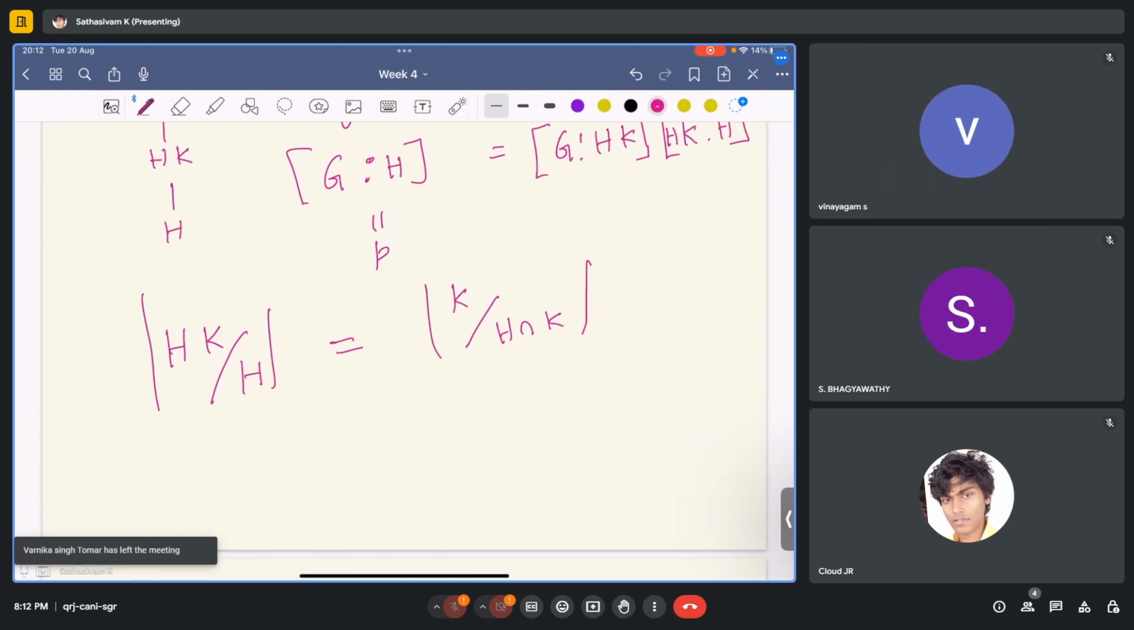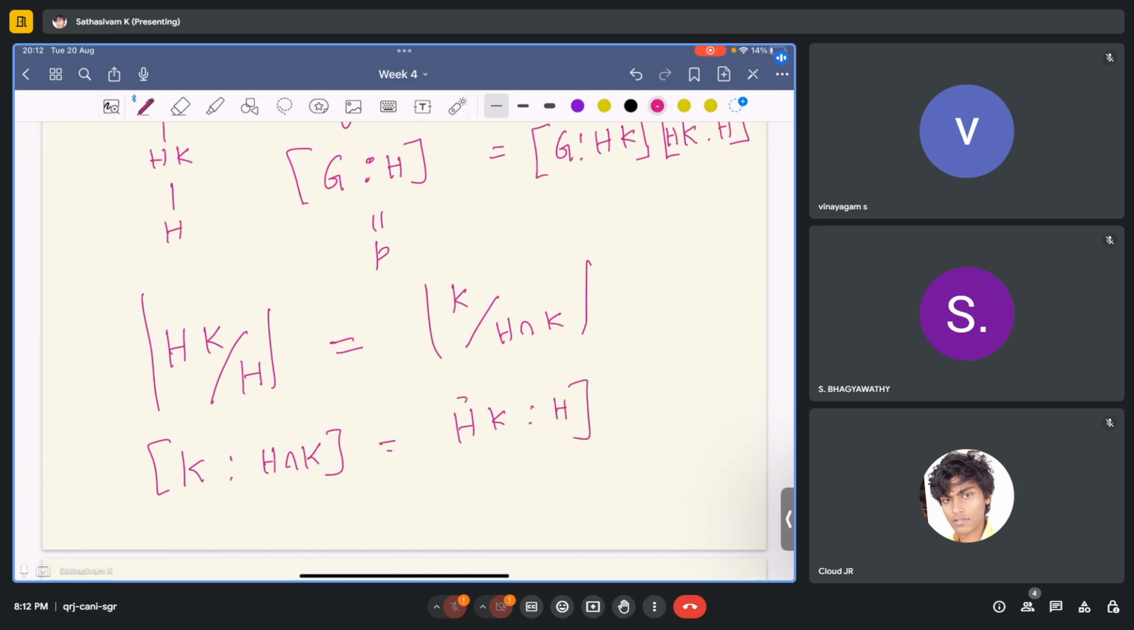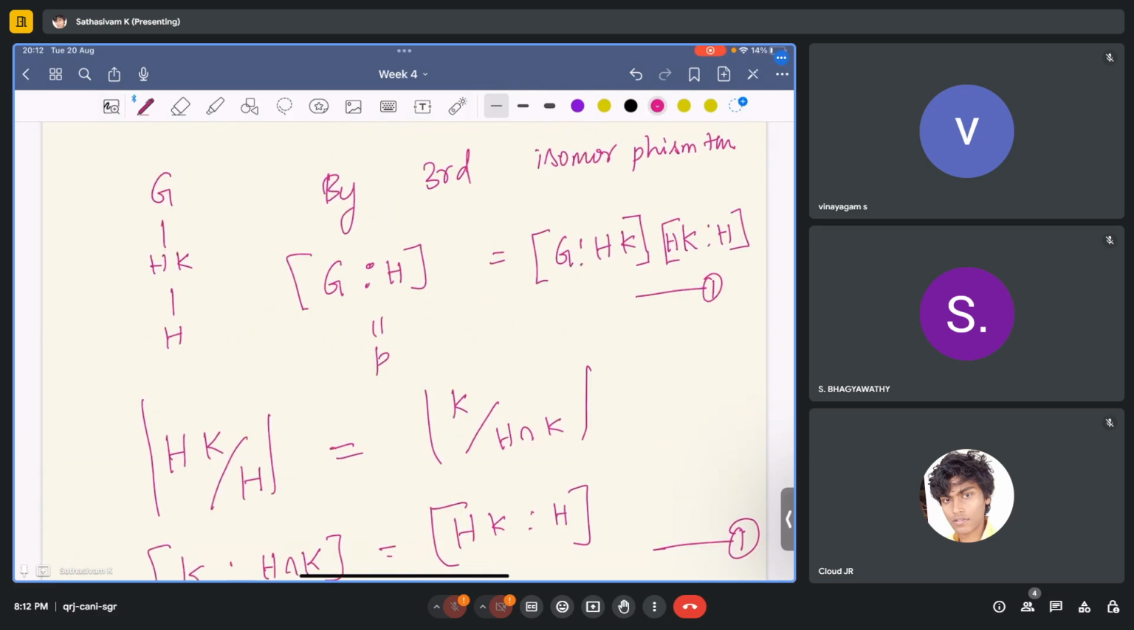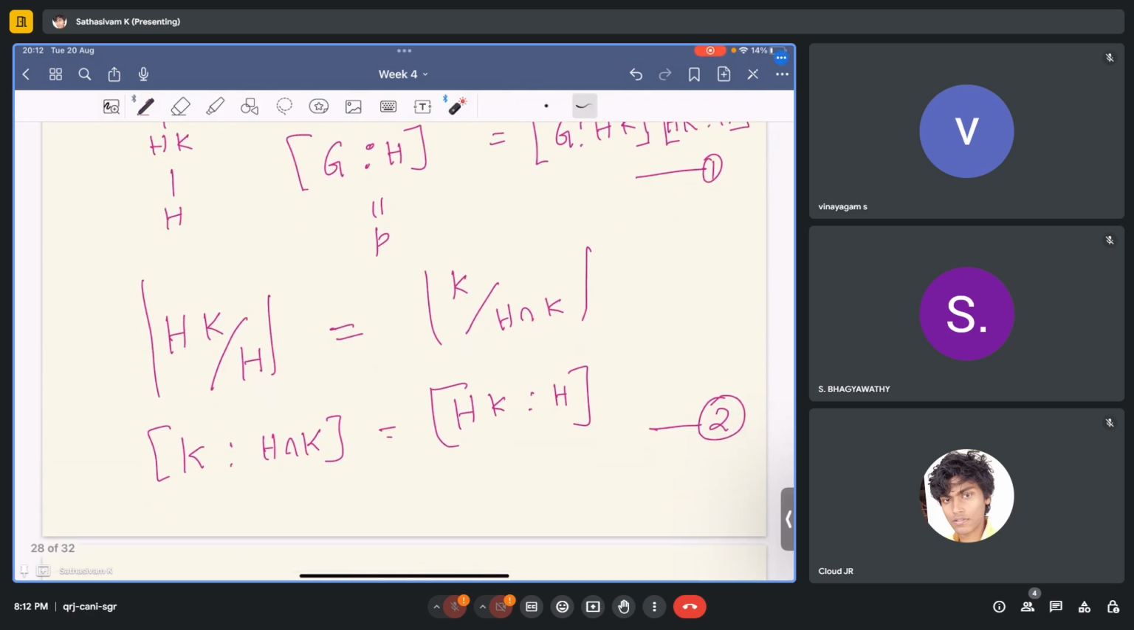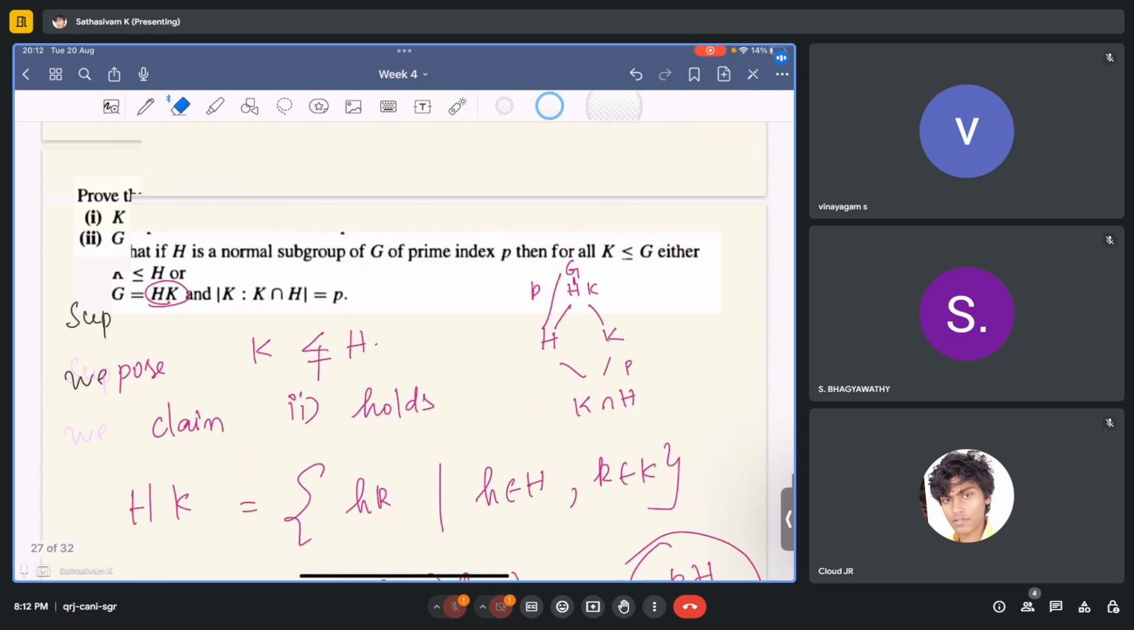Okay. So this tells you K by H intersection K is nothing but HK by H. Okay, so the index of HK by H. You call this, let's say, 1, and you call this one 2. Anyway, this is not enough, because here you have observed we haven't used one of the hypotheses